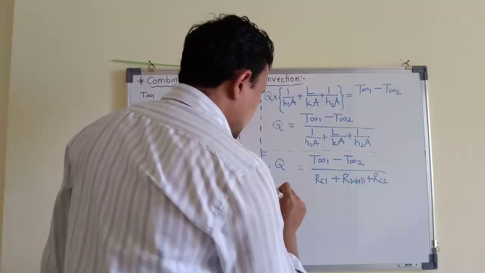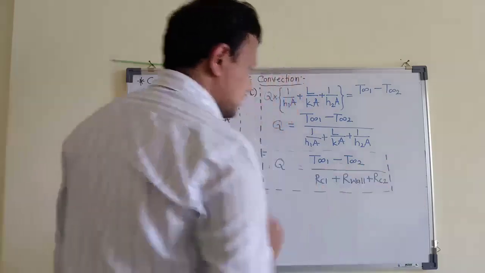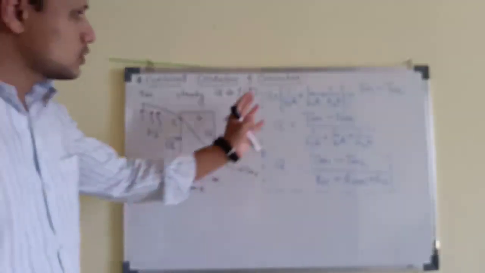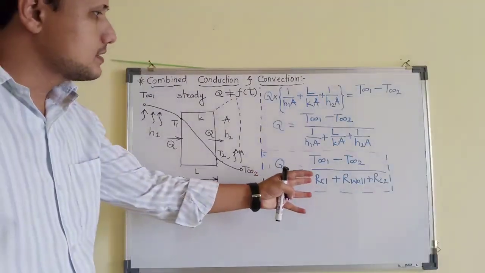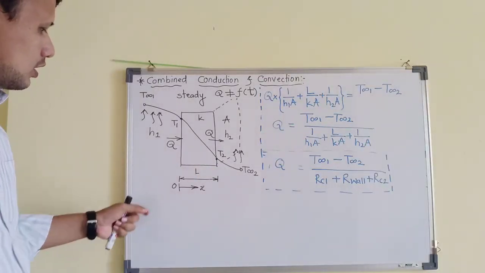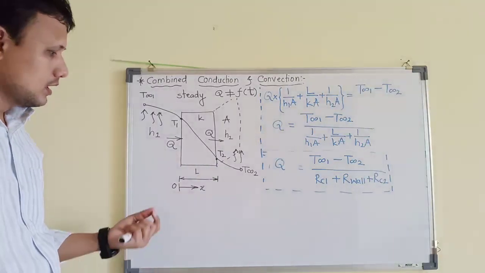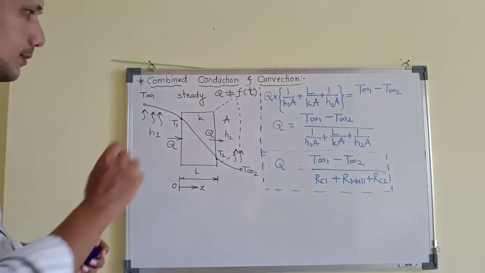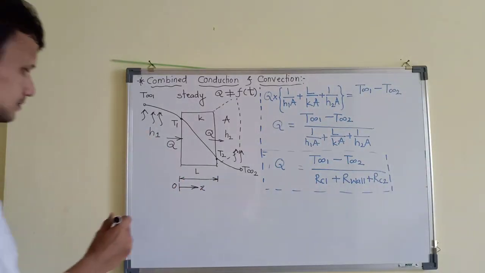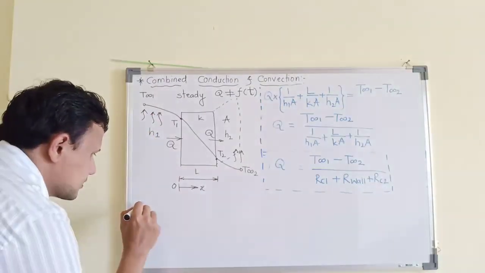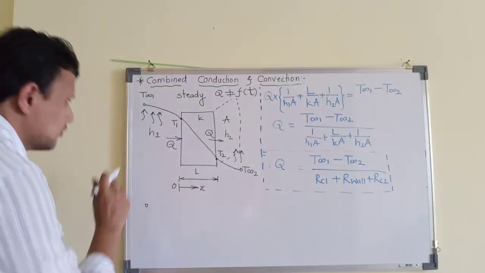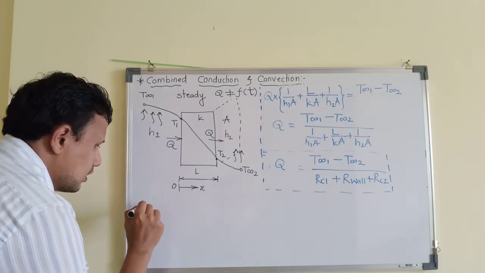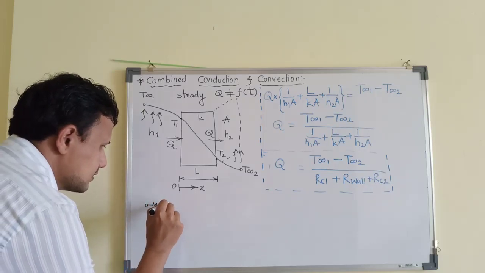I will tell you again one simple method to remember this. Now we have understood this entire thermal resistance structure, so we will draw one thermal resistance network which will help you to correlate with this formula and as well as identify a simple method for this. So as we observe, the thermal resistance network will look like this. It will start from first temperature. There will be some thermal resistance.